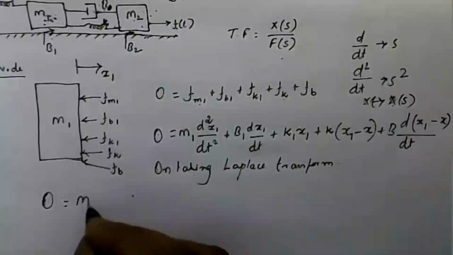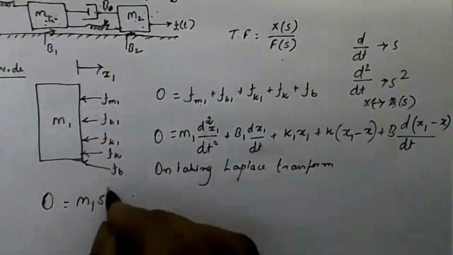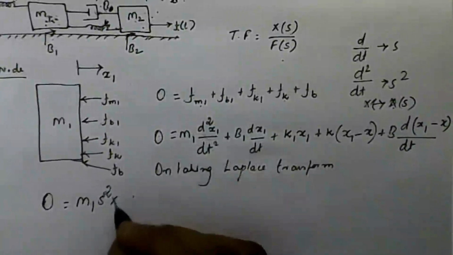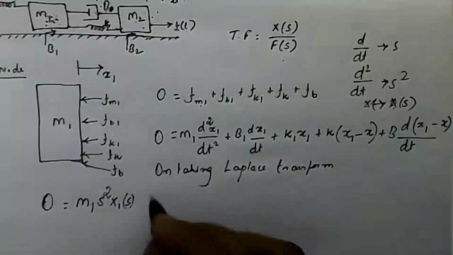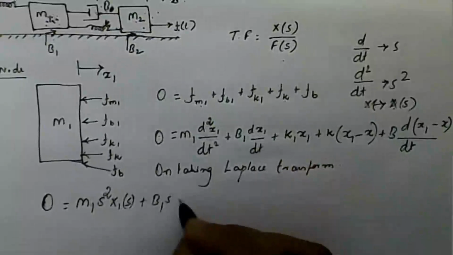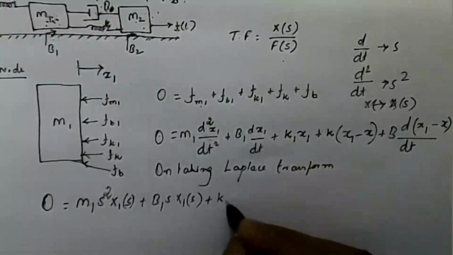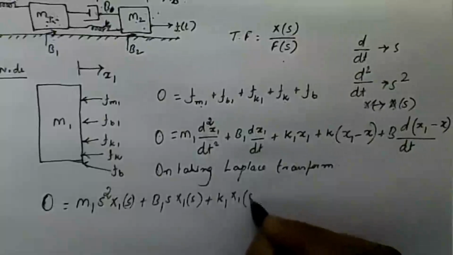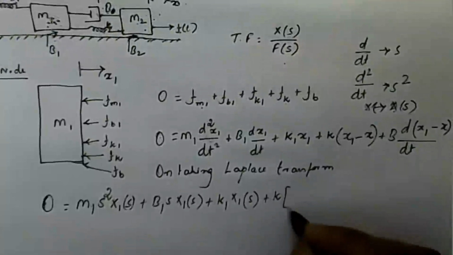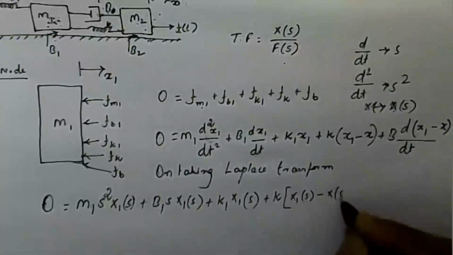M1 is the constant. M1 into d square x1 by dt square, the Laplace transform is s square into x1 of s, plus b1 into d by dt, the Laplace transform is s into x1 of s, plus k1 into x1 of s plus k into x1 of s minus x of s